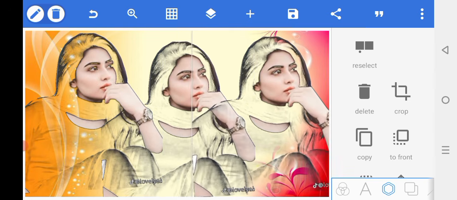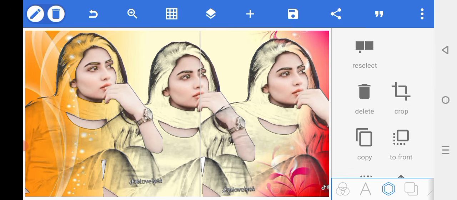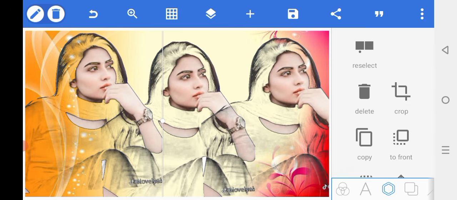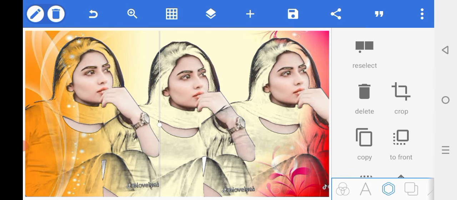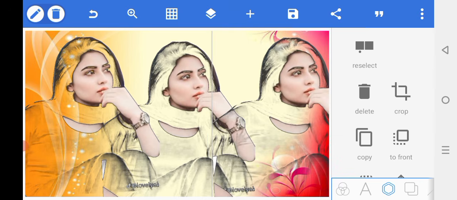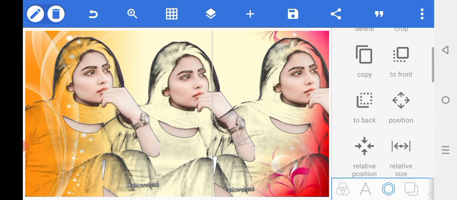How to make a designing photo editing on Pixel Lab easily. Open the Pixel Lab, select a photo, remove the background color, adjust the photo, change the color of photo, to back the photo, front the photo, duplicate the photo, change the background color,